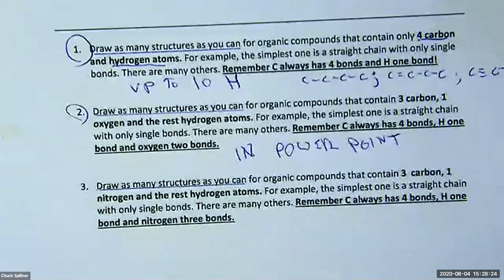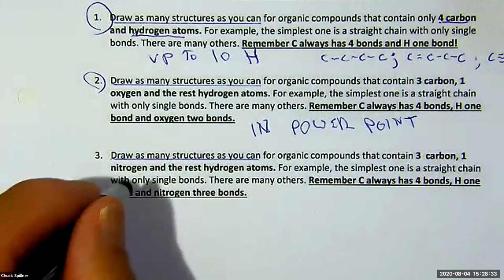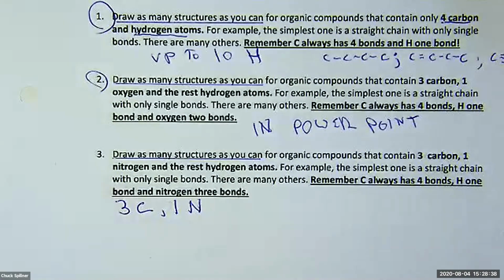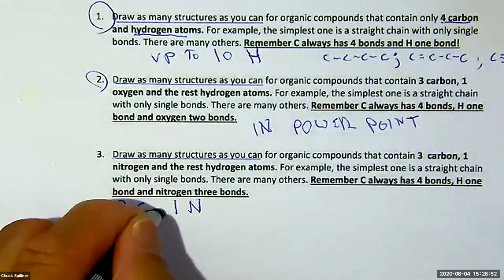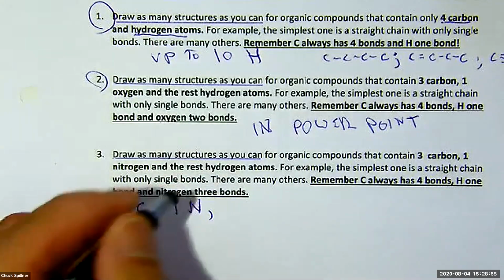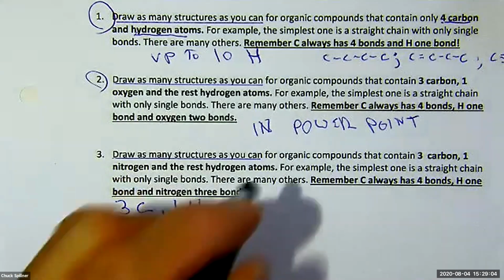Okay, and so I'll do number 3. I'll try to fill in number 3. There's a lot of space on this worksheet for me to work on number 3. So number 3, we have 3 carbons and 1 nitrogen. And when you have nitrogen, because nitrogen has an odd number of bonds, you don't follow that CnH2n+2 rule. You have an odd number of hydrogens. So we're going to just add, I would say up to, I think up to 7